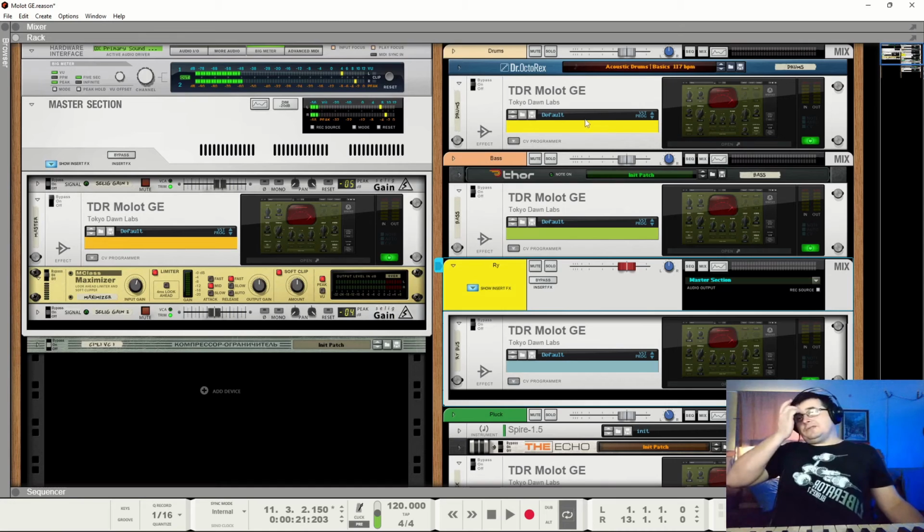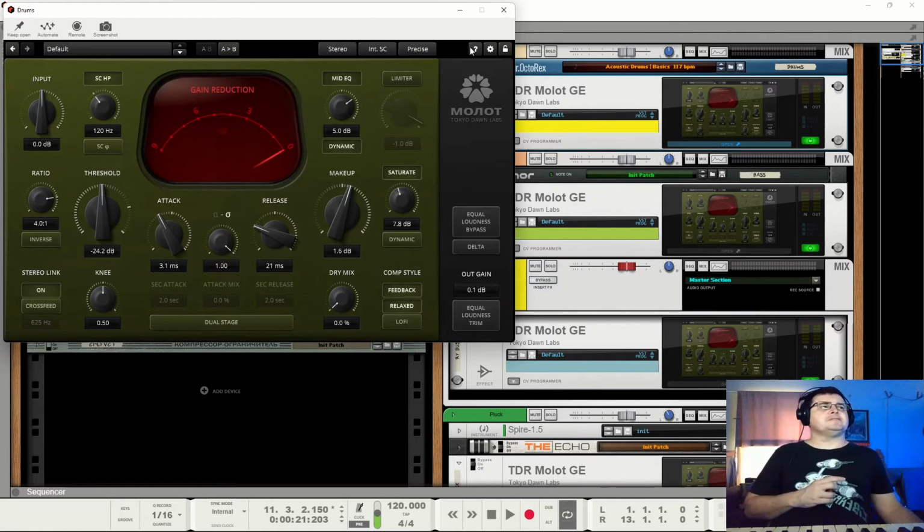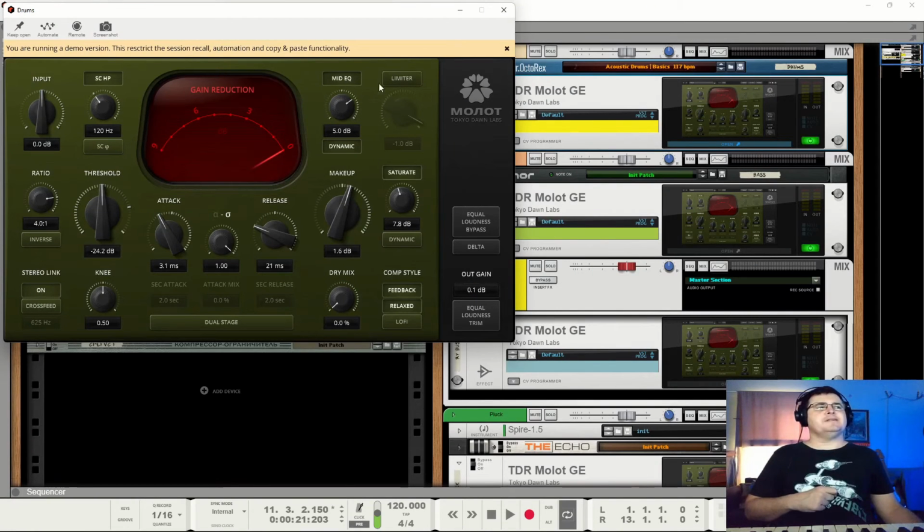Mind a little bit of that. What that's doing is just adding a boost in the mids. I think it's somewhere around 1K. It's in the manual. Might even tell us. Let's have a look. Does it tell us? How helpful are you going to be? No, thank you. I don't actually want that.